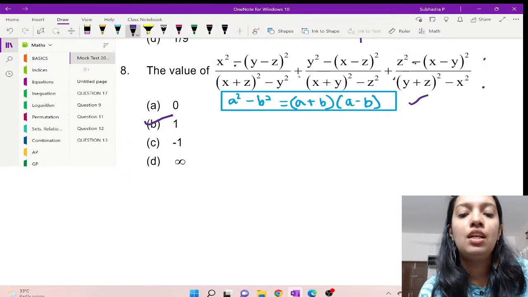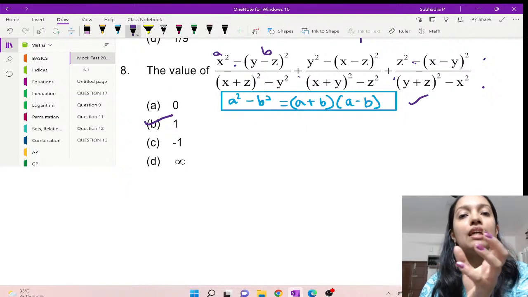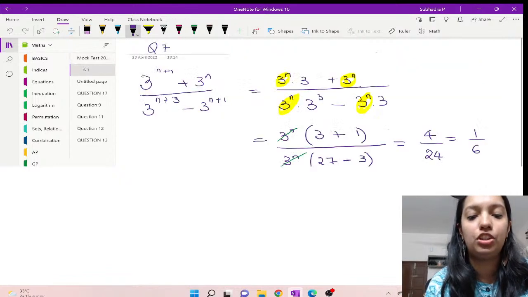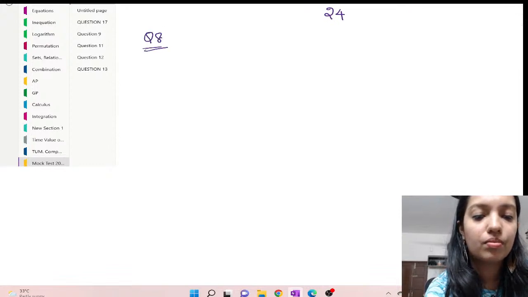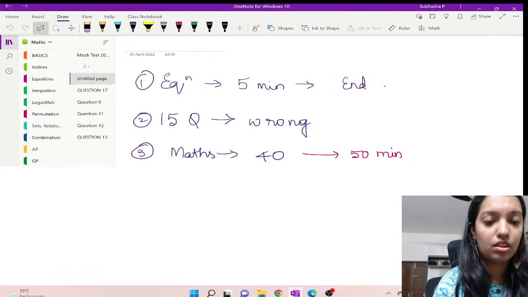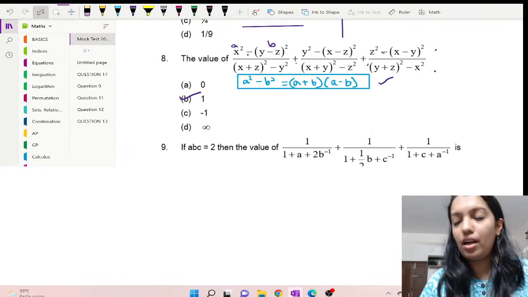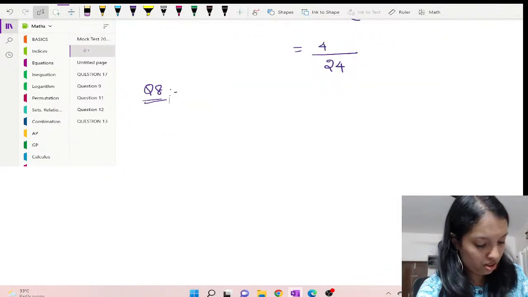Just observe this question. This looks like a square minus this entire thing looks like b. So it's of the format a square minus b square. Do we know how to solve a square minus b square? It is a plus b into a minus b. So I'm using that to solve the 8th question. Question 8 is a little lengthy, so let's have a look. Let me rewrite that question. Question 8. So it will be